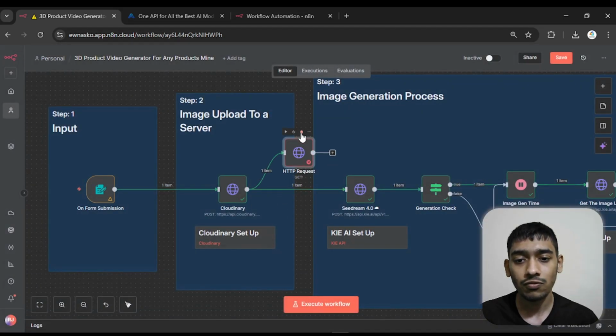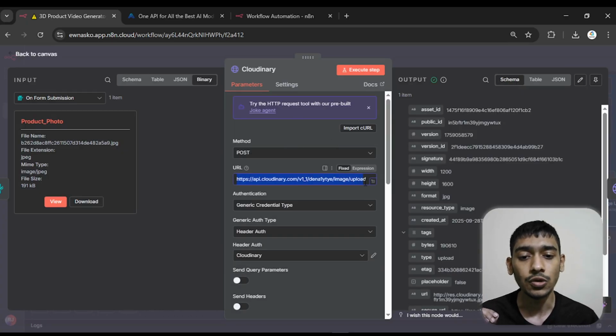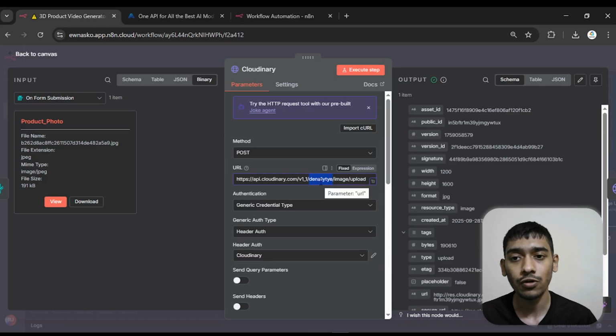So let me remove that, and let me show you how I added the Cloudinary. So the method will be POST, and this is the exact URL I'm using, and this is my cloud name. The rest of the URL will be the same, only you have to give your cloud name in this place. So how you can set up the cloud name, and also how you can get the rest of the things for Cloudinary,